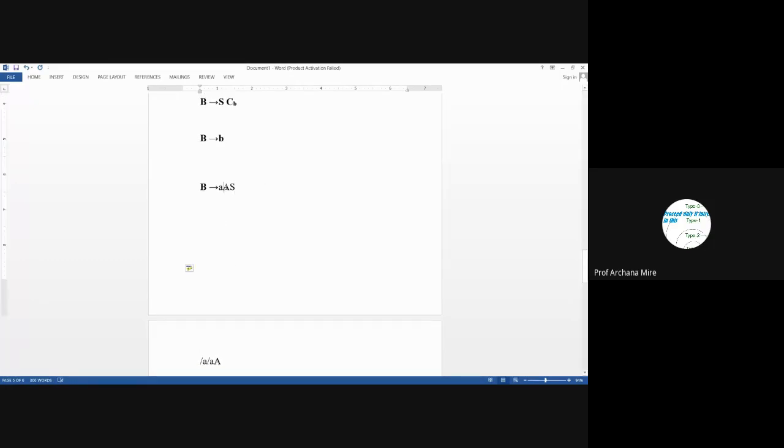It is a combination of terminal and non-terminal symbols. If it is a combination of non-terminal and terminal symbols, then what do we have to do? We have to replace this A with the corresponding non-terminal CA. We have already introduced that production where CA leads to A. So simply, we will be replacing A with CA.